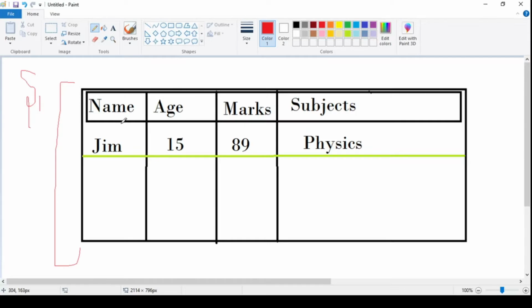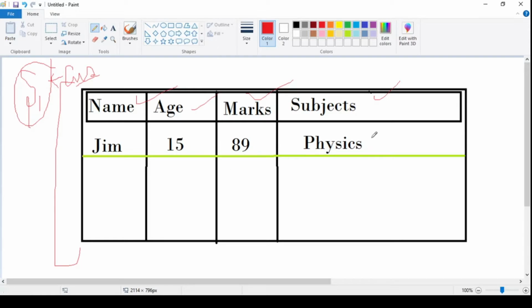This is a database table, with name, age, marks and subjects. This entire table we call the S1 object, and it is a custom object because you created it on your own. Each and every object that you create would be a custom object.